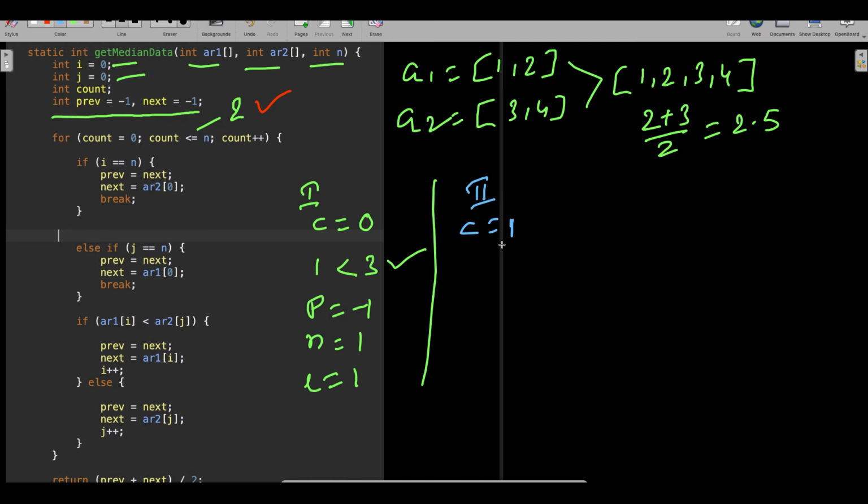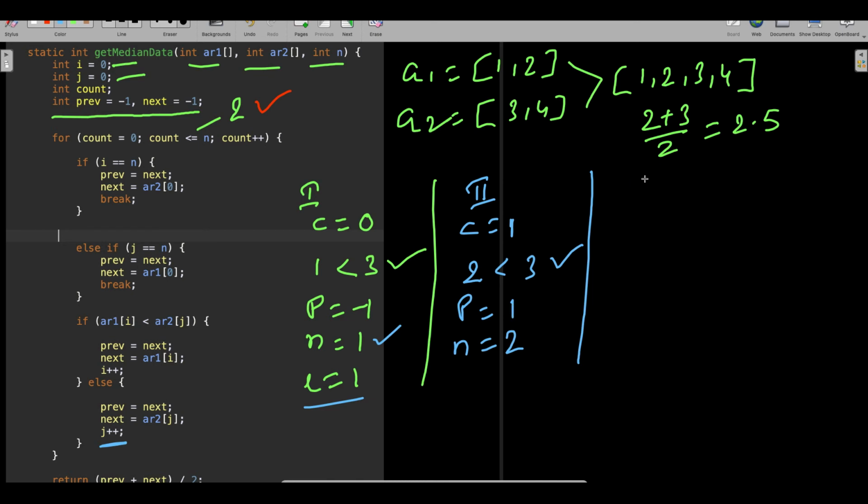Now when the counter is 1, I value is 1 now. So come to the first if block, array of 1 of 1, so A1 of 1, which is 2. J did not change, right? J is still 0 because we did not go inside this. When J did not change, is this less than 3? Yes, right? So prev is going to be the next, which is 1 from the previous output, and the next is going to be 2. Now you got till here, so your prev is 1 and this is 2.